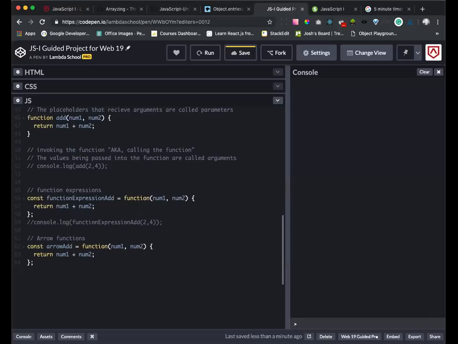Arrow add. So what I want to do is I'll go over here and console log this, invoke arrow add. Okay. So before I do anything, let's make sure this thing's running correctly. Save and run. 6. Okay, we're good. So inside of here, I want to convert a function expression into what's called an arrow